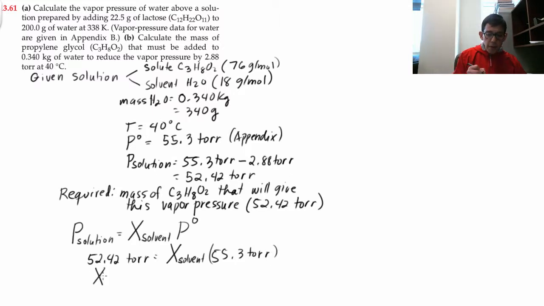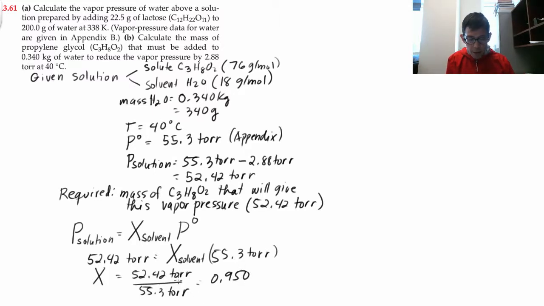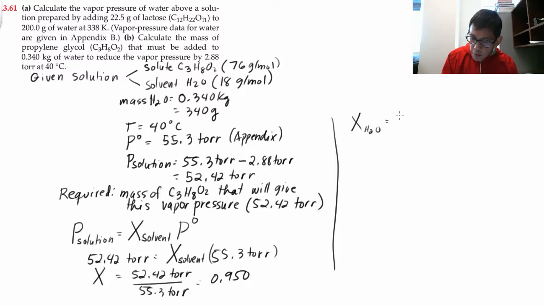So then the mole fraction is equal to 52.42 torr divided by 55.3 torr, and that would be 0.950, and there is no unit because the numerator is torr and the denominator is torr, so they cancel. Okay, so now that we know the mole fraction, what is mole fraction? The mole fraction of the solvent, which is water, is equal to the moles of H2O over the total moles of the solution, moles of H2O plus moles of propylene glycol,